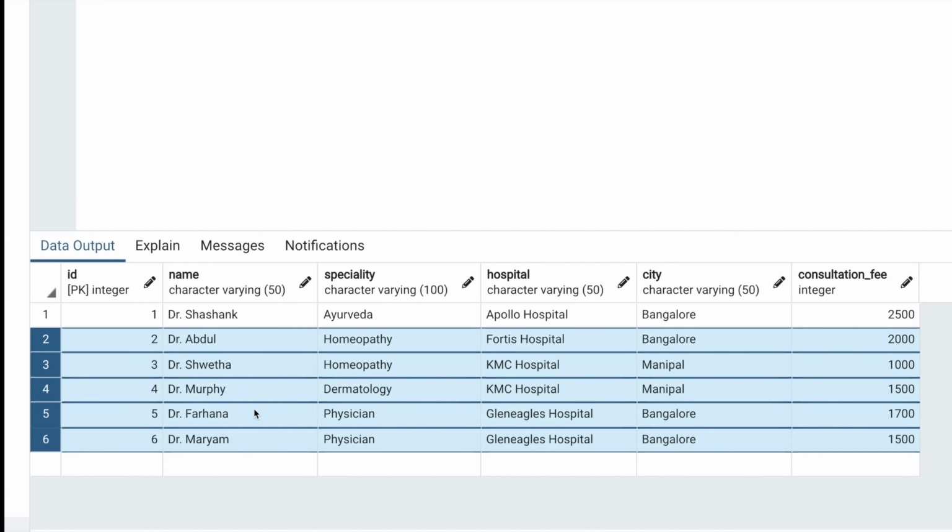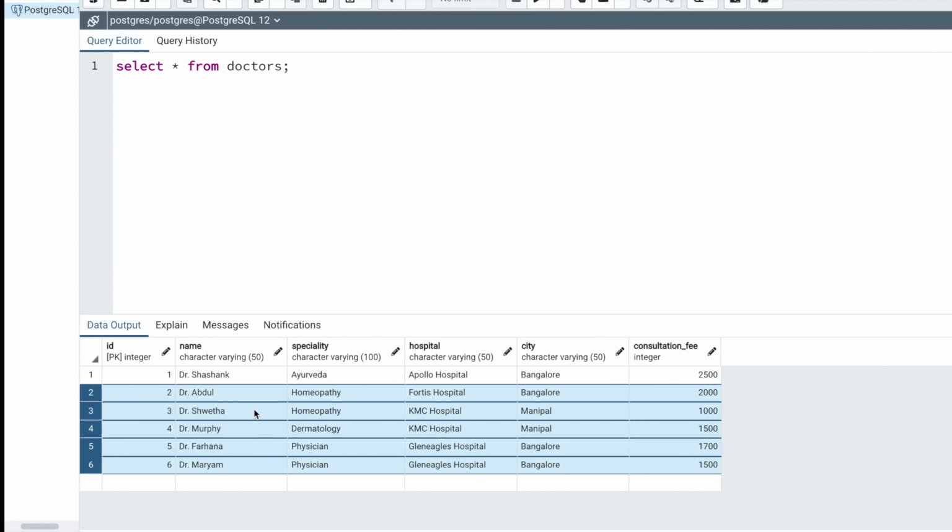Whenever you have this type of requirement where you need to compare the data of a table with all the different data of that same table, this is where you need to use a self join. Now, what is a self join? Self join is when you join the same table to itself. So let's see how we can use self join to solve this problem. In order to use self join, I just need to use the same table twice and give 2 different aliases to it. So I'm going to say select star from doctors, and I'm going to give an alias for this as D1.